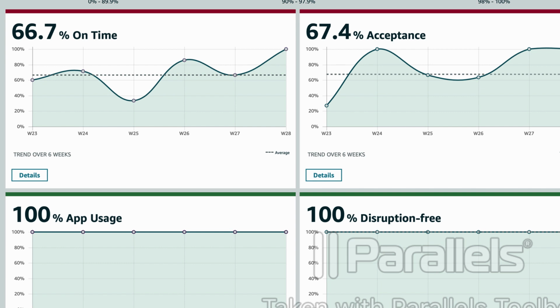And then we also have disruption free, which is basically measurements for how you execute loads without any interruptions, like drivers not being assigned to a load. But that is equally easy for you to stay on top of. The big one is being on time and accepted. At one point, I was receiving emails daily from the Amazon team asking me to give an explanation on why I have so many issues with my on-time rating, to which I explained how most of the time the